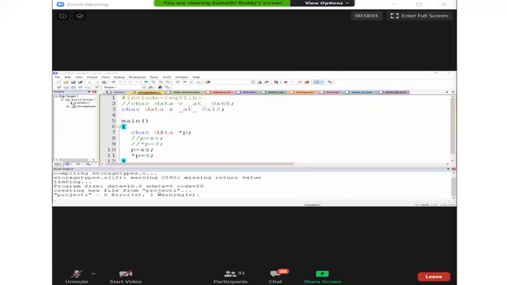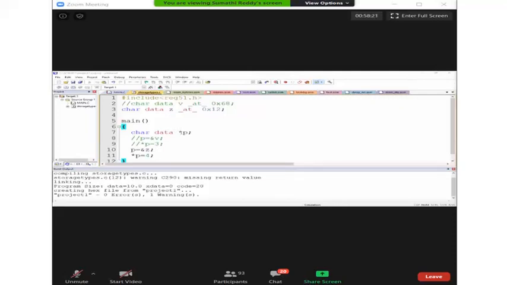When I provide data, then the pointer can point only to the directly addressable RAM. Directly addressable RAM means 00 to 7F only. Try to note this point clearly.